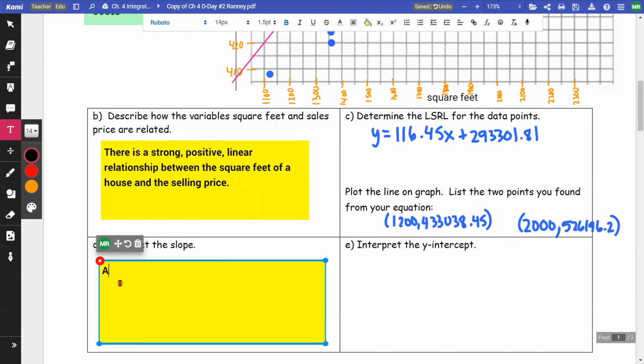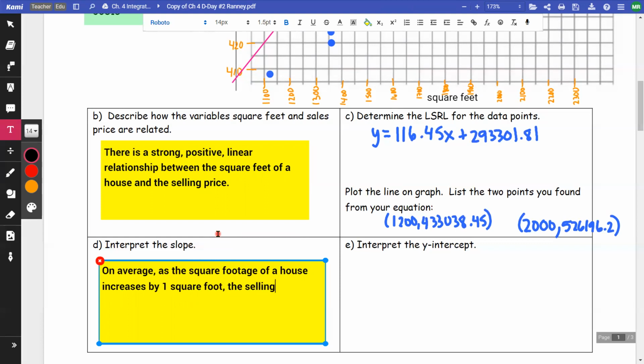So I'll say, on average, as the square footage of a house increases by 1 square foot, and this is going to be my Y, which is the selling price, the selling price